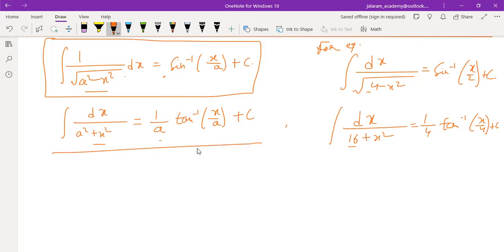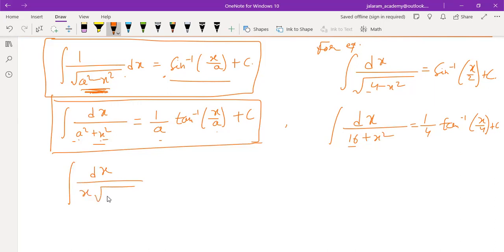You can prove all these formulas. We discussed in a previous session that whenever there is a square root of a square minus x square, we can take x equals a sine theta. If you take x equals a sine theta, you can prove this formula easily. And you have to learn this formula; this is a general rule. In this one also there is a square plus x square, so if we substitute x equals a tan theta, we can prove this formula also. So try to prove it, and if you are not getting it, then ask in the comment box.